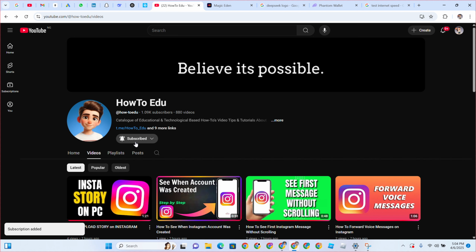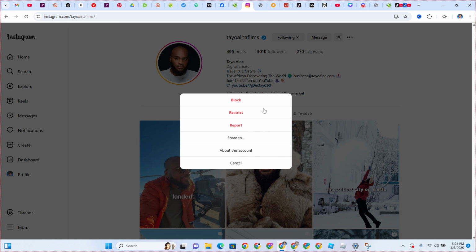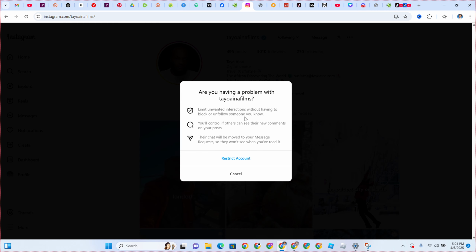I'm gonna show you all you need to know. So this is Instagram, right? If I click on the three dotted icon, you're gonna see the restrict option. A whole lot of you guys don't really know much about what will happen when you restrict someone on Instagram, right? Now on Instagram,